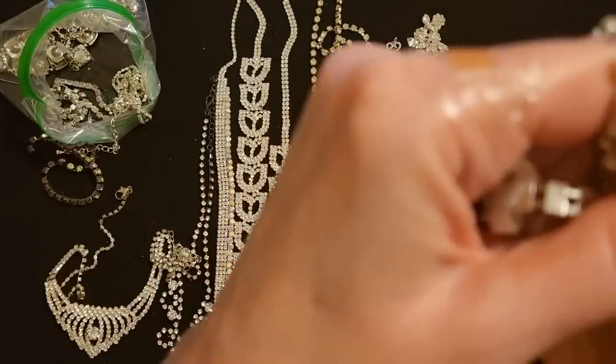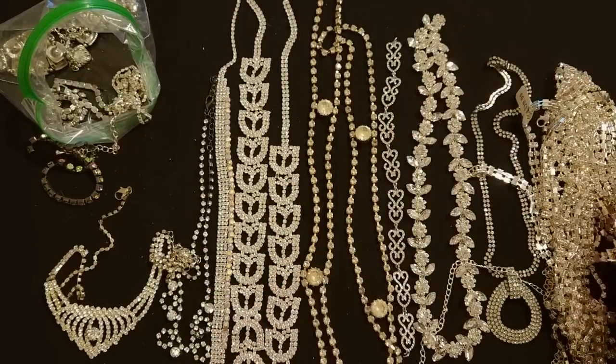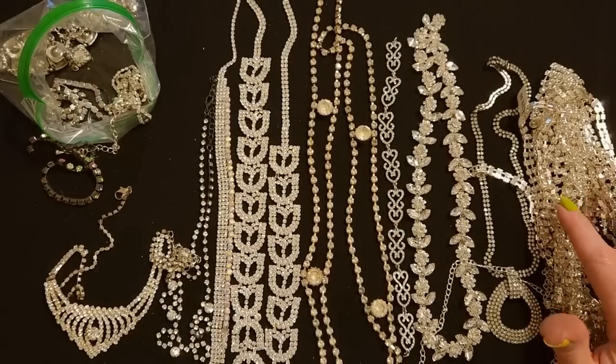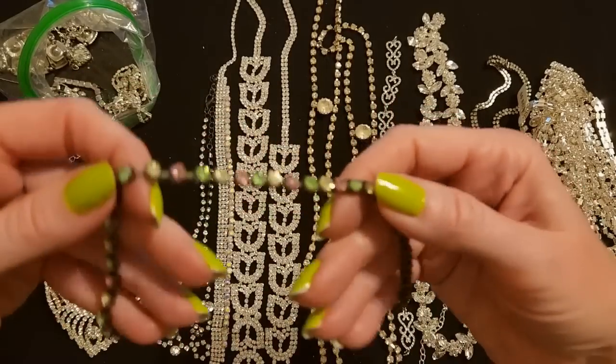I'm just going to lay it over here. I can't really untangle it. It has a $29.99 price tag on it. It appears to be intact though. It looks okay. And then when I was trying to pull that out of the bag, I found this beautiful